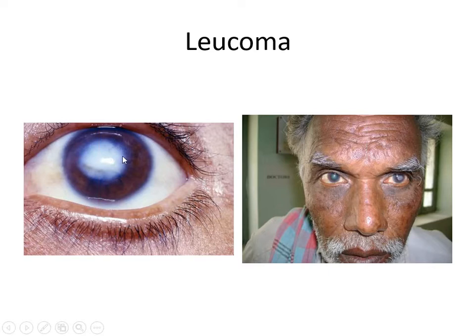Okay. So whenever leukoma or corneal opacity is kept as a short case, the questions asked are about the exact location of the leukoma. Here it is centrally located, involving the optical zone. What is the optical zone? The portion of the cornea which lies in front of the pupil is known as the optical zone.